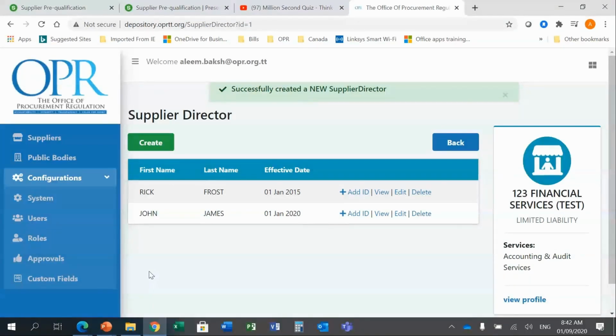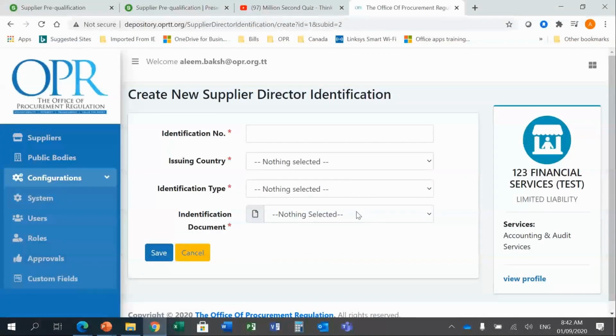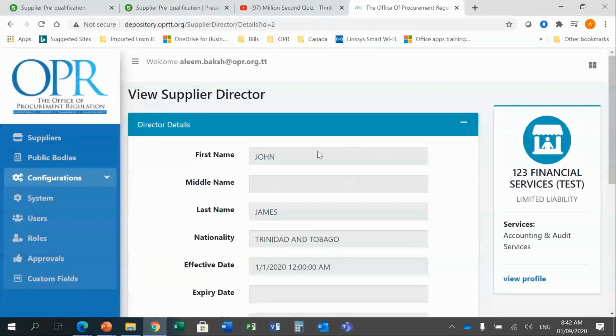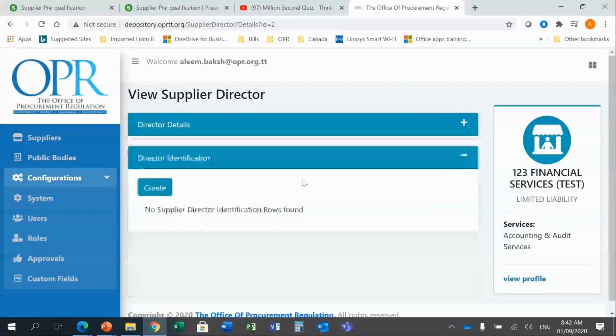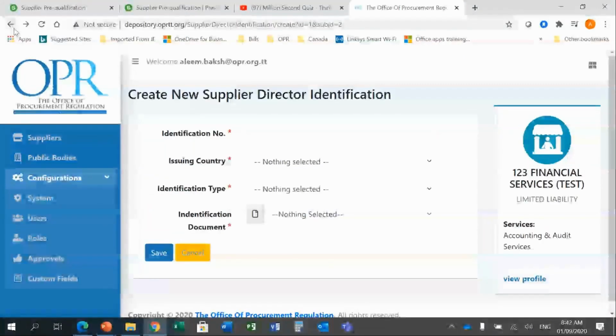All right. So here we're able to see the names of the 2 directors, John James and Rick Frost. And if we wanted to add now to any of these their personal identification information, we can do that. And this will be your ID cards or your passport or your driver's permit. So at this point, I'm just going to jump back out and take you to the section where we can